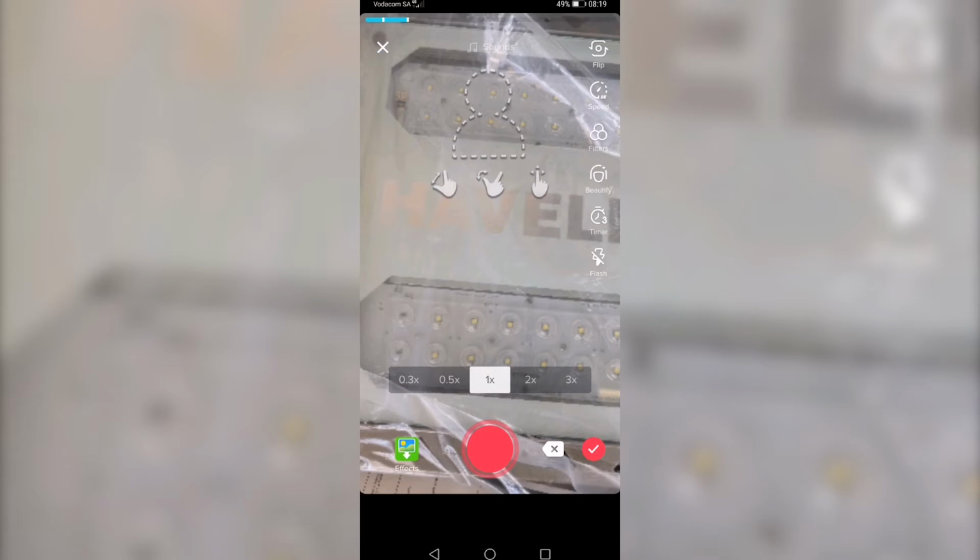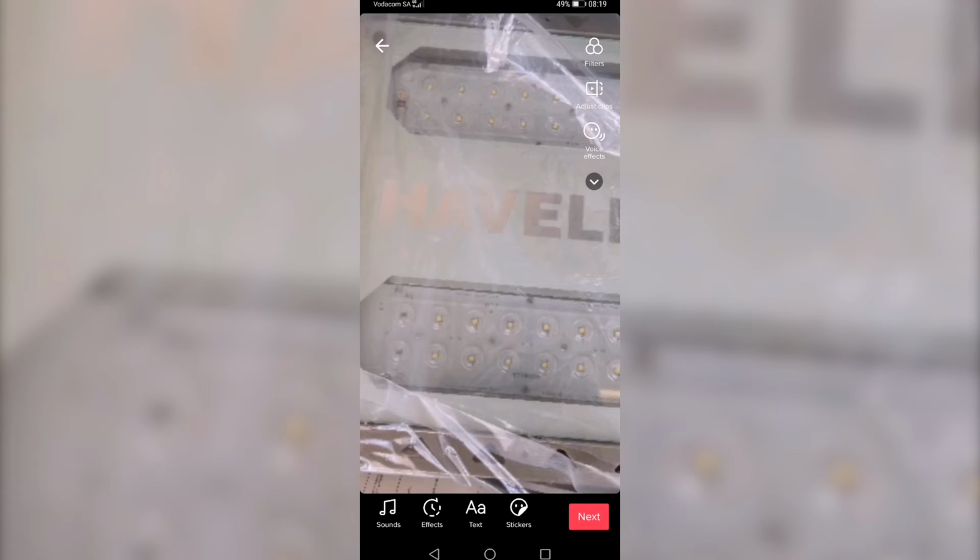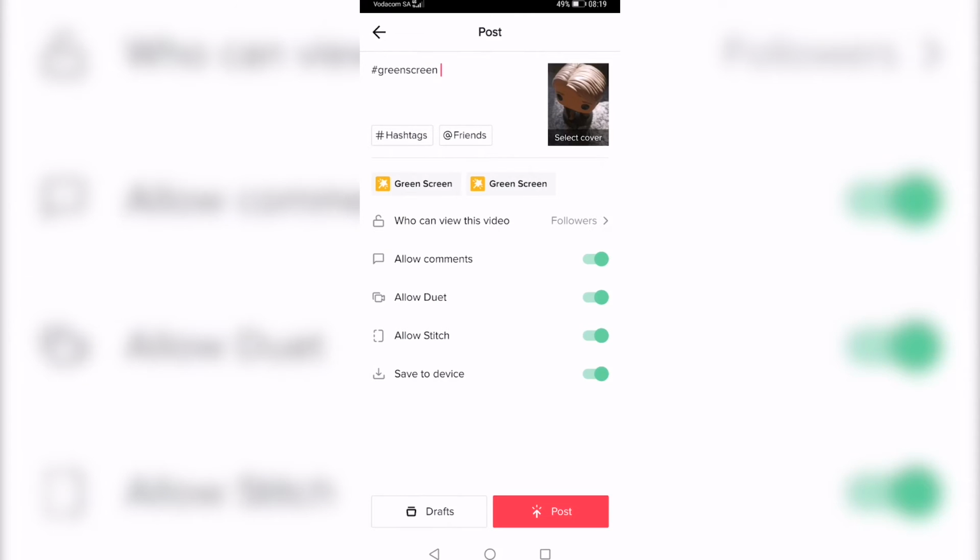What I would do now is continue recording, and then I can tap on the tick mark there on the right hand side. And now as you can see, it starts off with my video and then goes to a picture, and then you can just tap on next, add your description and hashtags and so on, and then post that video. So that is how you would add pictures to your